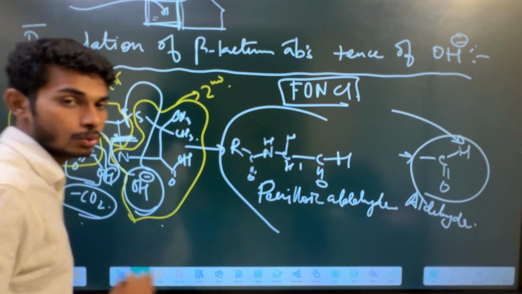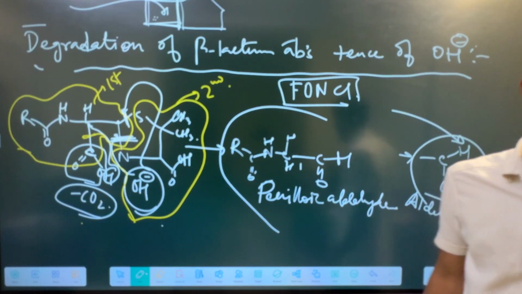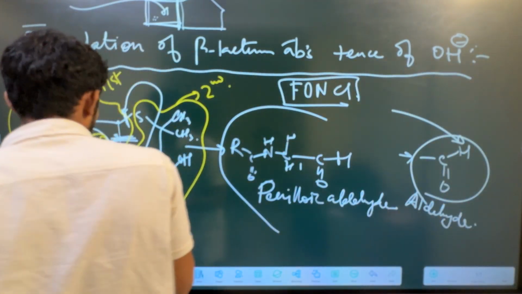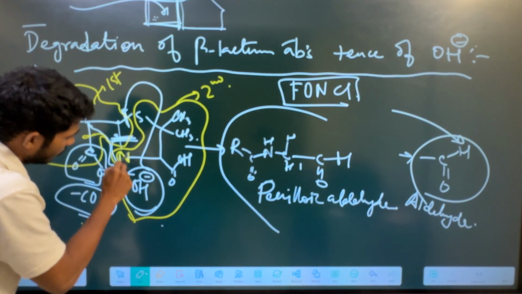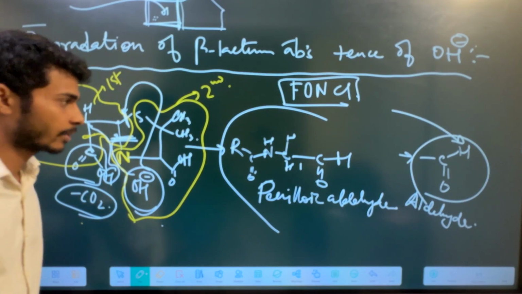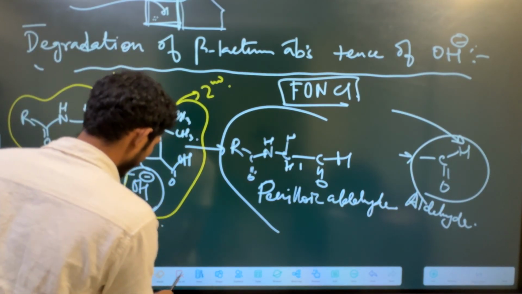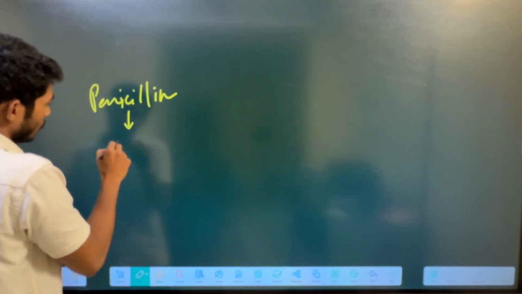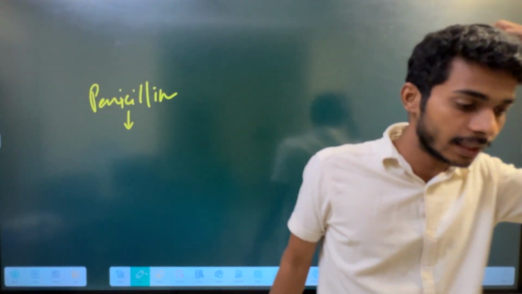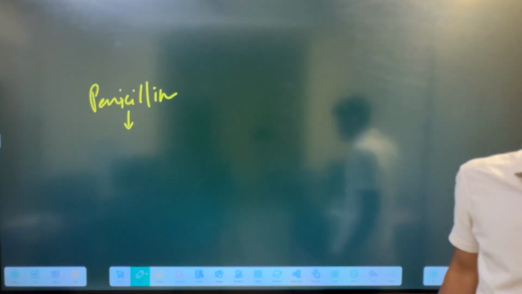See, 1, 2, 3. How many members, how many structures are there? 1, 2, 3. And along with that, nitrogen is also present here. So that's why it is called D-penicillamine. D-penicillamine. So you have to remember that penicillin will first convert into penicilloic acid. Then due to decarboxylation, that is CO2 loss, it will convert into